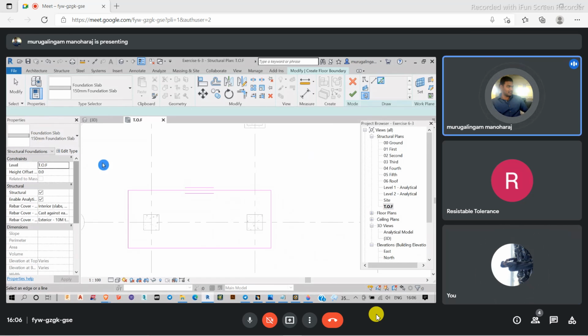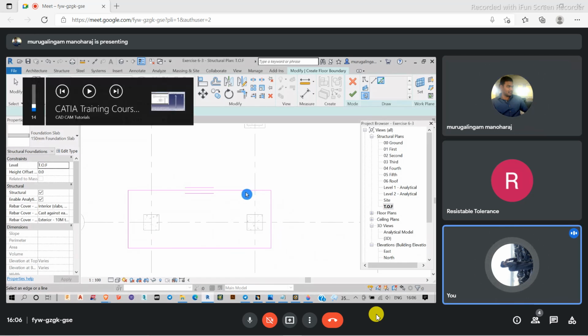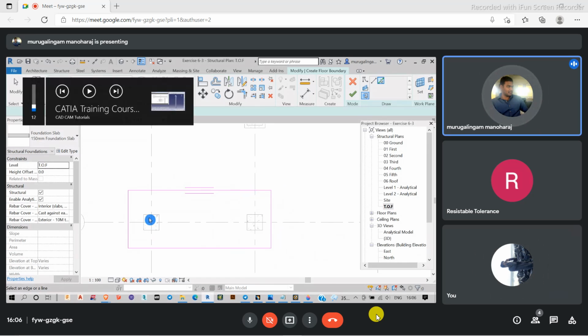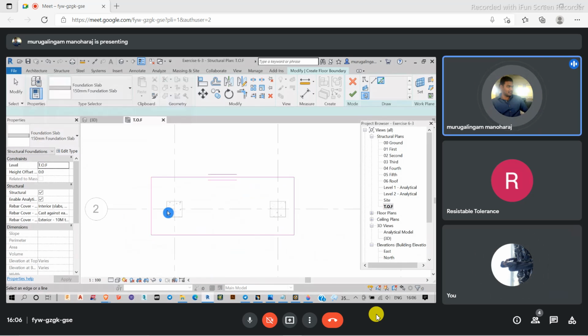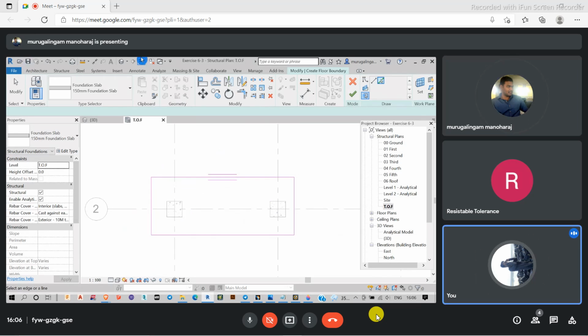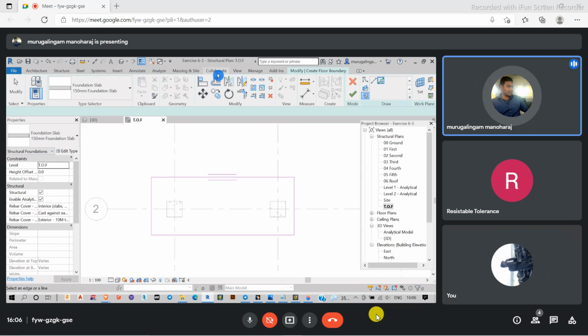So after creating this, what I did is I just created a rectangle which is going to act as my slab, my combined footing. Then I'm going to adjust this value. I'm going to give certain projections here and here. Either I can give these values after creating this, or I can give the values before creating it. In this one, I have options called measure or align dimension.